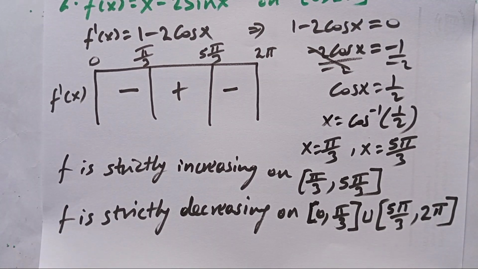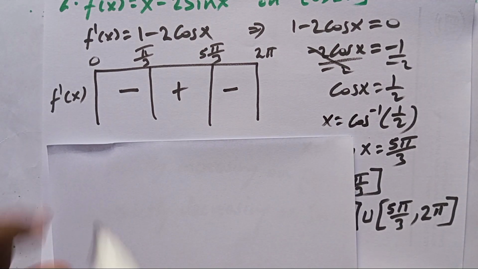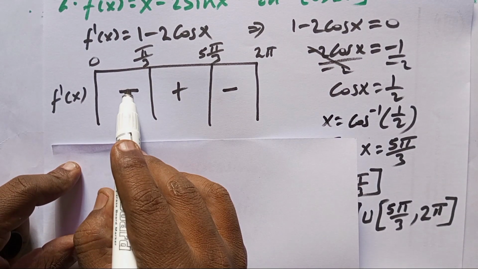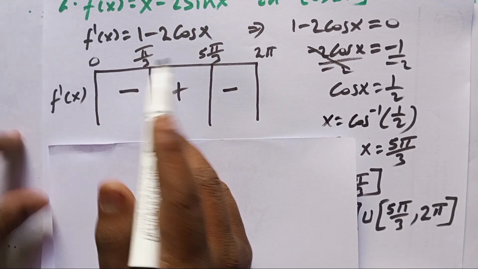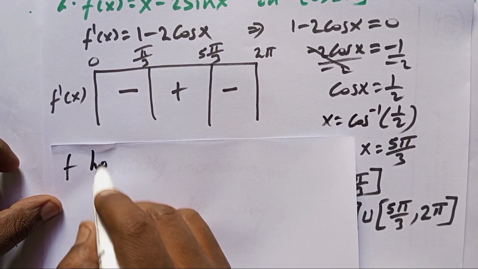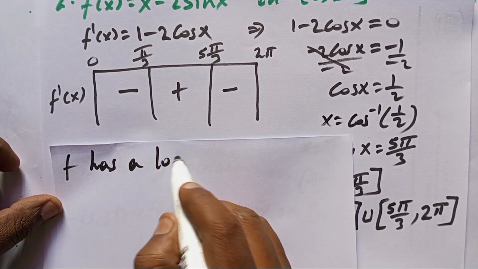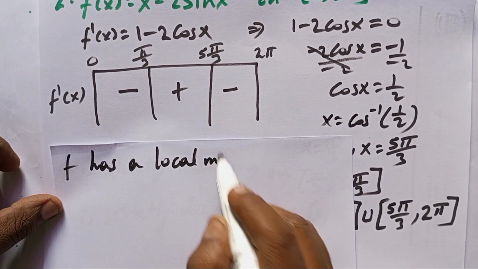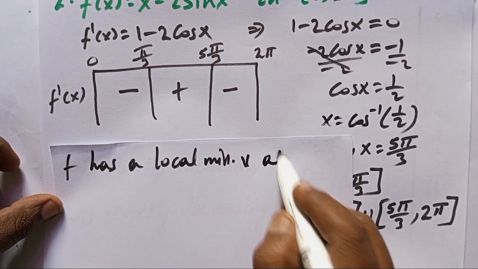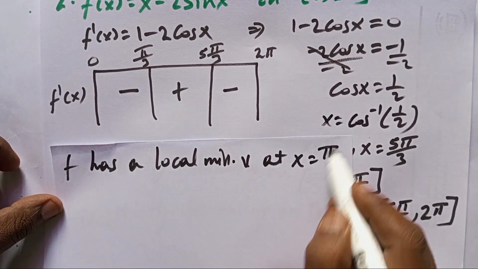Okay, by seeing this one we have to find the local maximum and local minimum value. ሎካል ማክሲማም እና ሎካል ሚኒማሙን ቫልዩ ደግሞ ከዚህ ኢንተርቫል ውስጥ ካልኩሌት ማድረግ ይቻላል። እንዴት አድርገን ነው? Let us see here the first derivative changes the signs from negative to positive. There is a local minimum. So f has a local minimum value at what? At x is equal to pi over 3.